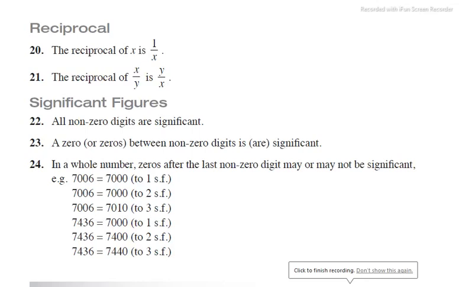To this wonderful session. We shall look at the reciprocal. We shall look at significant figures. To start with, reciprocal